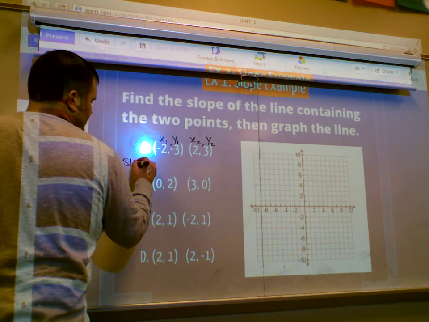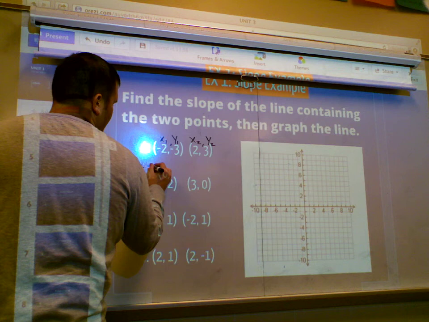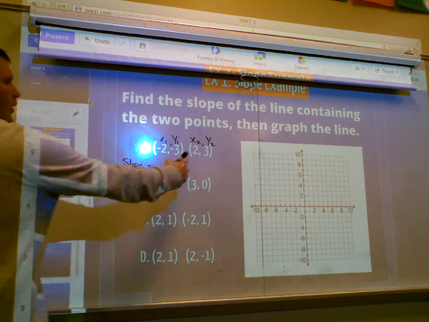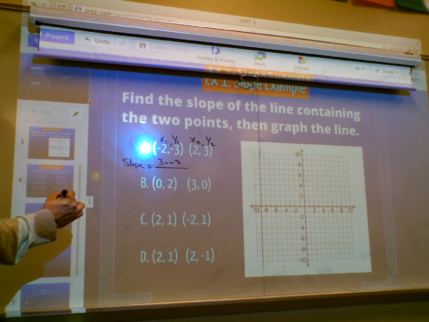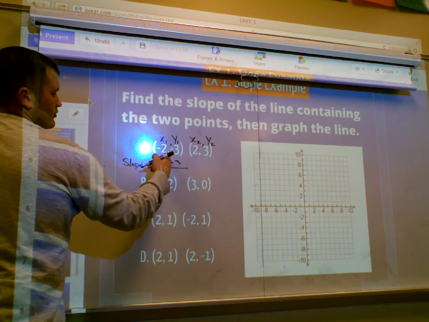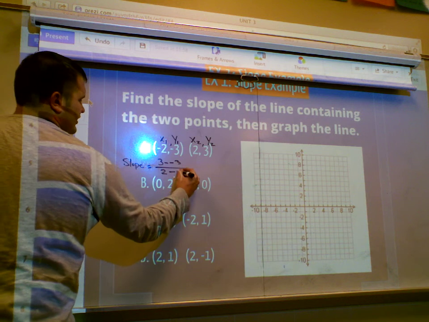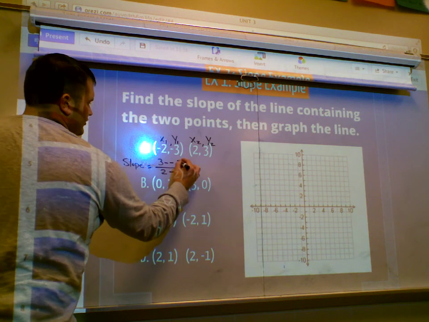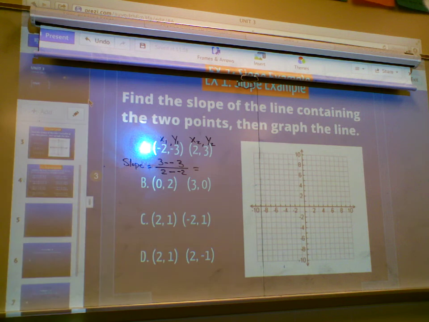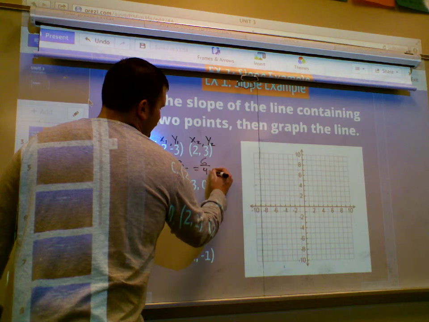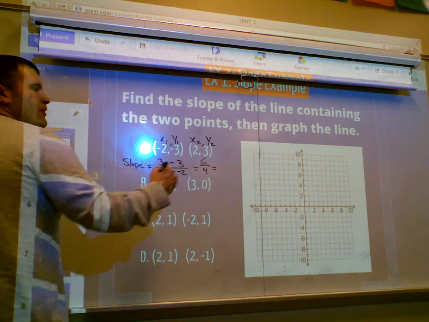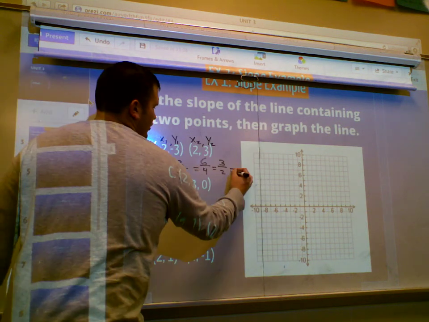Slope equals... 3 minus -3. So y2 minus y1, right? 3 minus -3 over 2 minus -2. x2 minus x1. So 3 minus -3 over 2 minus -2. Right, what's 3 minus -3? 6. What's 2 minus -2? 4. So 6 over 4. 3 over 2 or